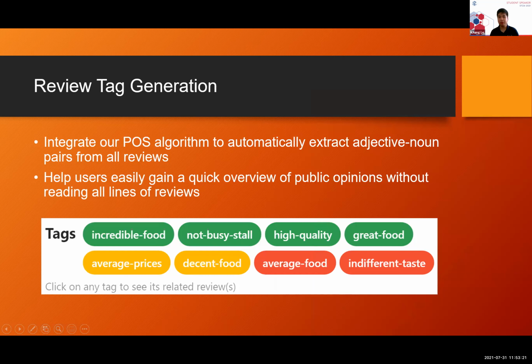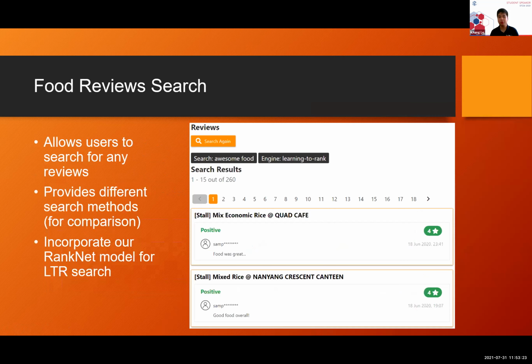And finally, in our system, we also allow users to search for any review of their interest. We provide different search methods so that the user can compare the performance between these methods. And indeed, we incorporate our RankNet model for learning to rank search. For example, as you can see in this figure here, for the search query awesome food, our system will return